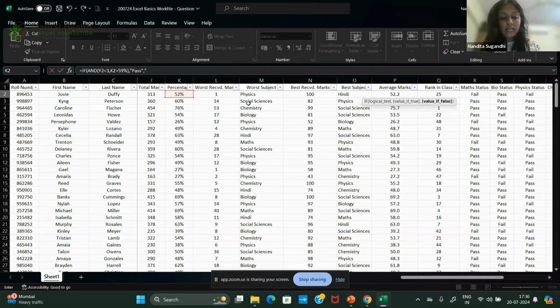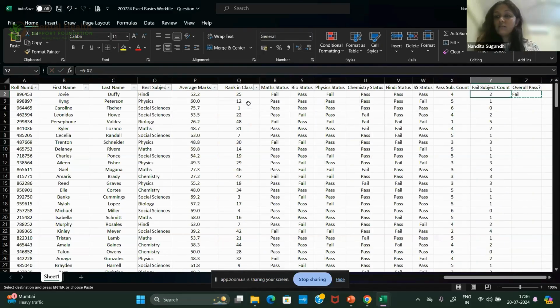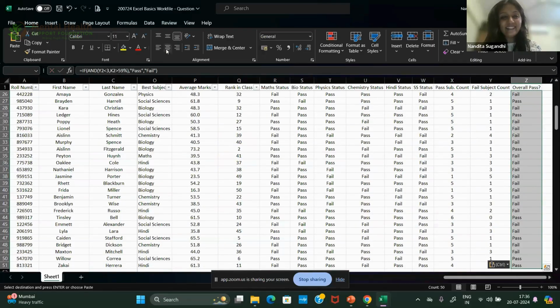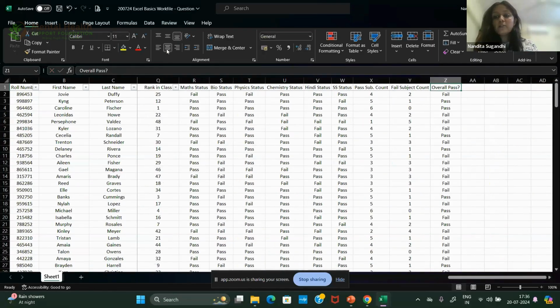Otherwise, the student has failed and has to redo the class and repeat another year. And we have very poor performance, seems like. So overall pass or fail, that way you can get the status. This was an example of a nested IF with the AND function, multiple conditions. I hope this is clear. Logical conditions.